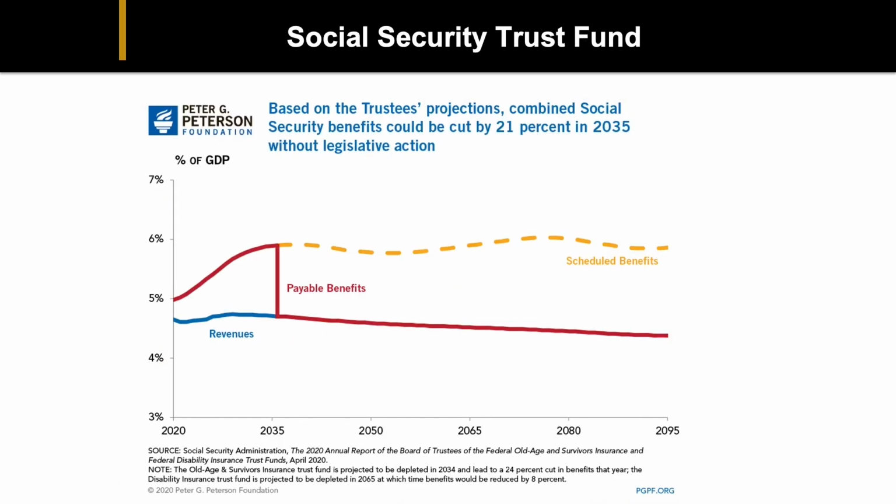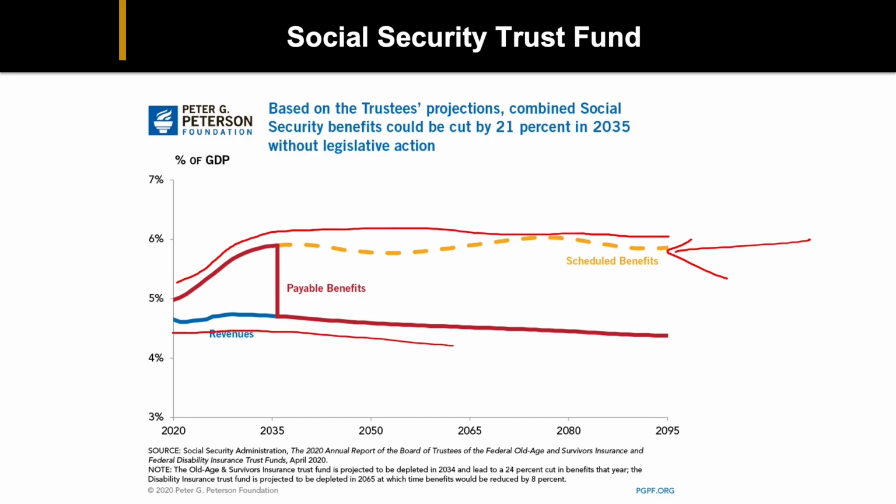To give you some idea what that means, here's the Social Security Trust Fund. This is the combined trust fund for the old age and the disability. Here are the scheduled benefits from here up to here. Here are the revenues. You notice now we're in this period where the benefits exceed the revenues. So this gap here is the depletion of the fund itself. The fund is now going down. And once it hits zero,